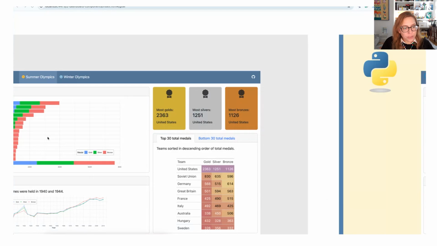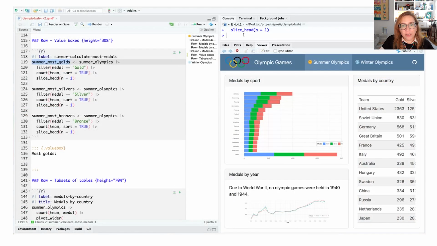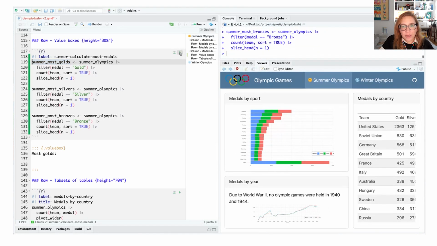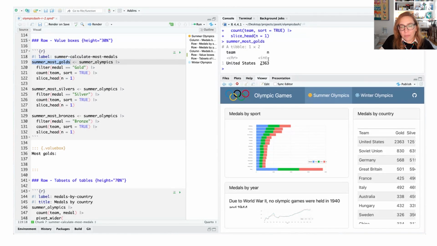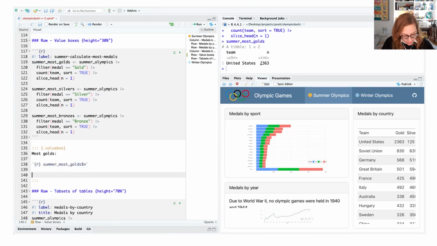The number, if I take a look at this object, let's run this code cell. Okay, if I take a look at this object that has the number 2363 in the N column. And then we also have the name of the team.